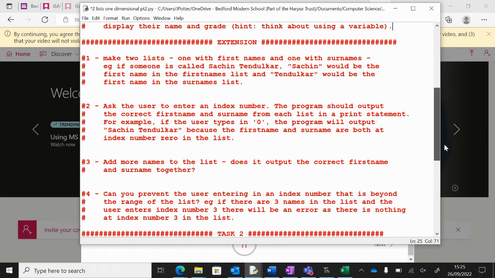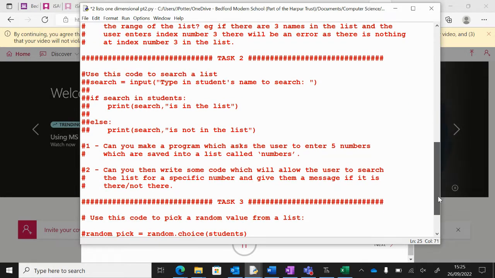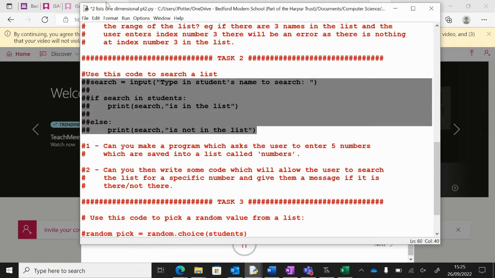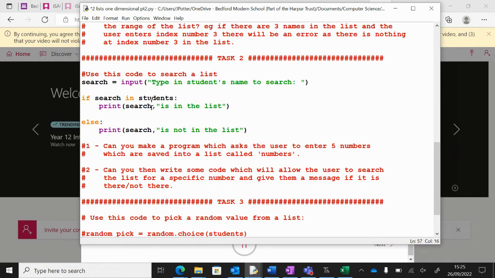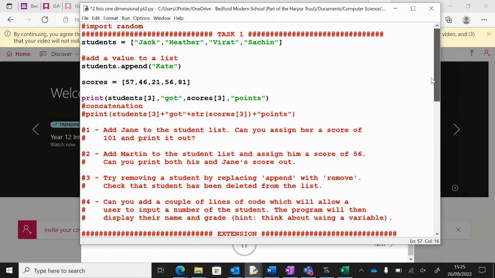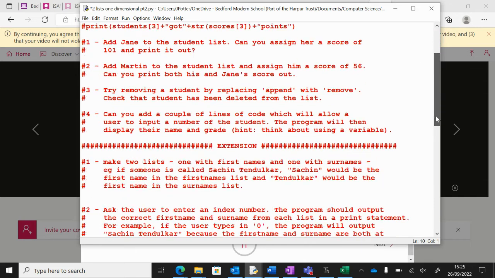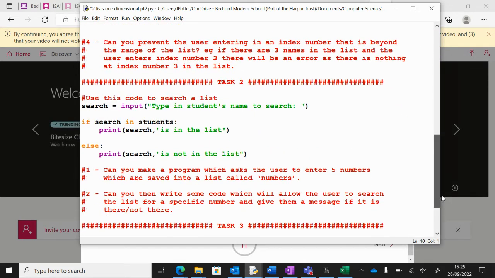Now, once you've done those, you can unpause, and if we have a quick look at task 2, task 2 will allow you to search inside a list. We've got our student list up here, hash that out, just up there. We can search for a specific name, a bit like a very rudimentary search engine.